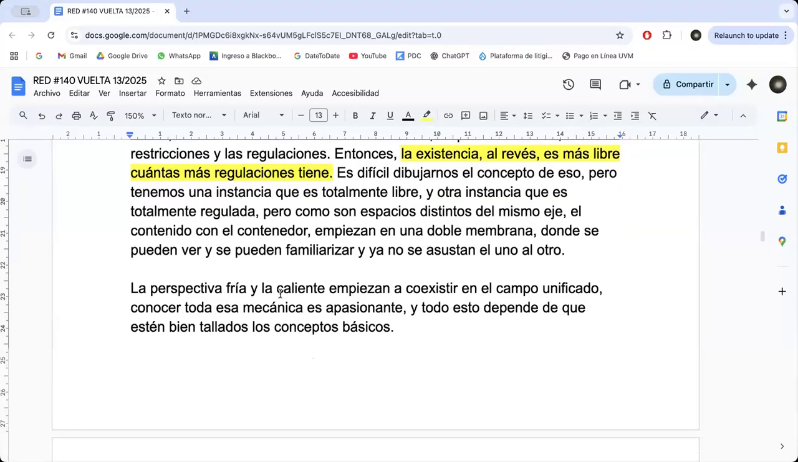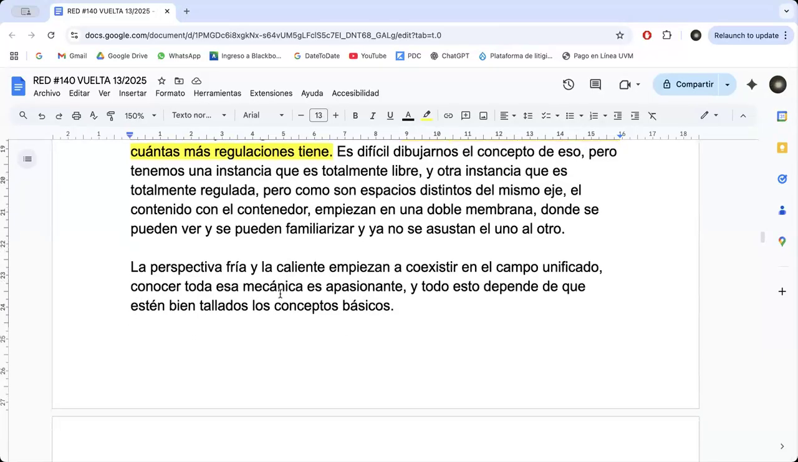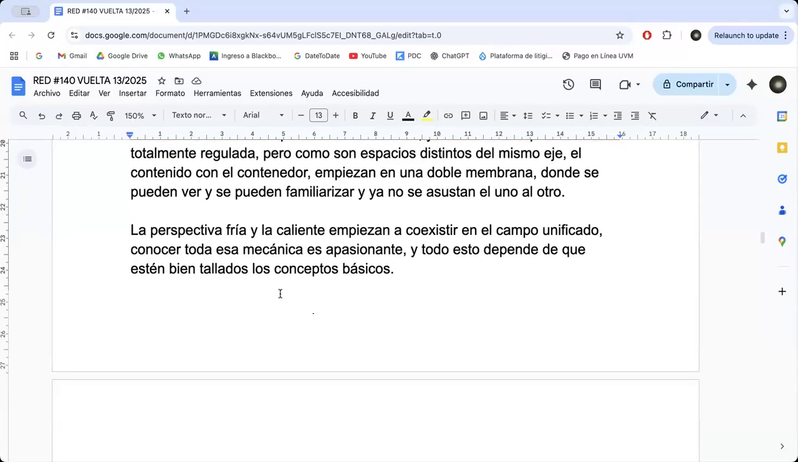Because existence is opposite to what we have in the antimatter. In existence, the more regulation it has, the more free it is. So if it has more regulation, it is more free when we're talking about matter. It is the opposite logic. So it is difficult for us to draw the concept of that because we have an instance that is completely free and another instance that is completely regulated. But because they are both different, they are different spaces from the same axis,